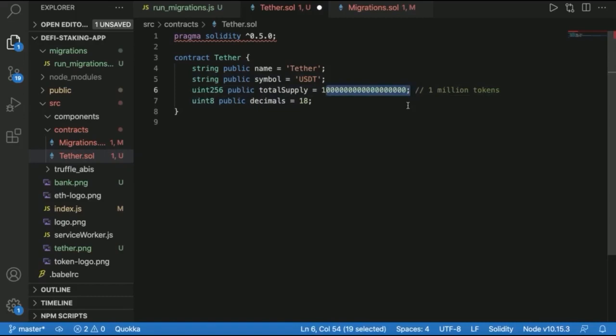Whoa. Clarion, what are you talking about? 1 token, 1 million? Is it like a trillion? What is going on over here? Okay, well, this is actually quite simple. For example, with the US dollar, when we think about the US dollar, we don't think about, oh, if you want to buy a chocolate bar, that's going to be 1.04238, whatever, blah, blah, blah, 987 with like 18 decimal places, right? We don't do that because